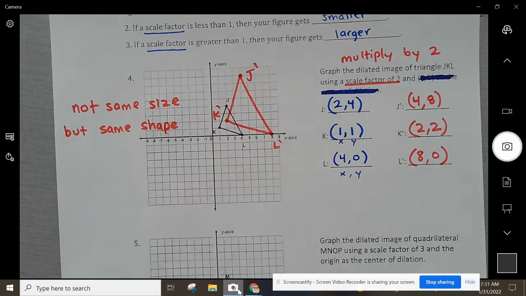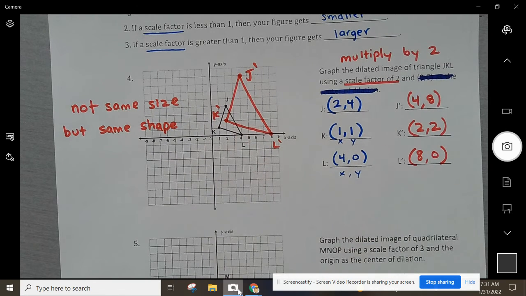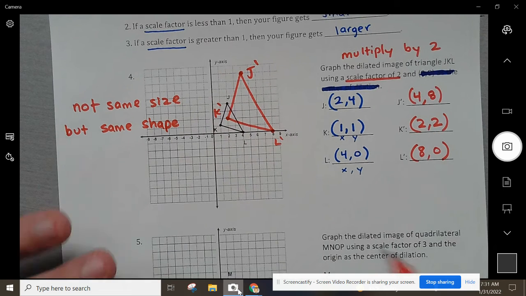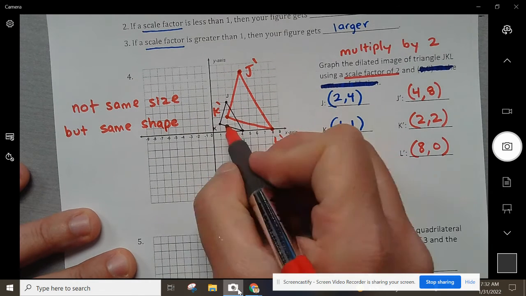And what I like to call it, it's like they're almost brothers or sisters or whatever. They're going to be this word. Think about it as little brother and big brother. They're actually called